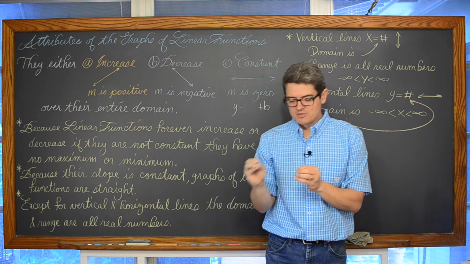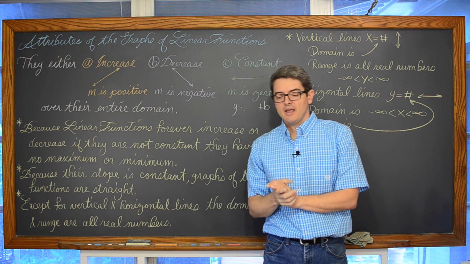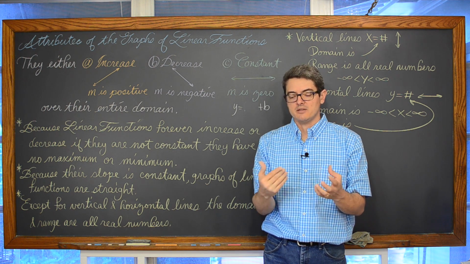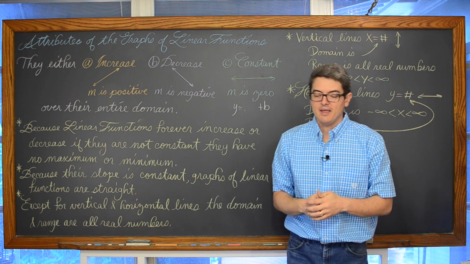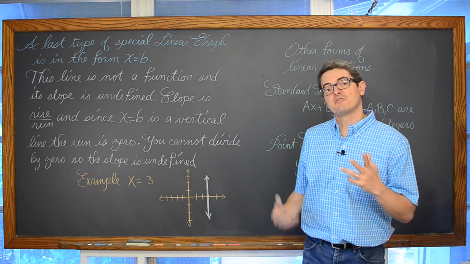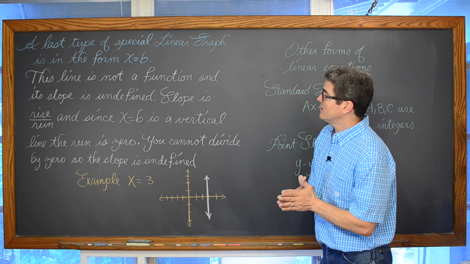So let's get a little separate page about vertical lines, and then I'm just going to highlight a couple different forms of lines, standard form and point slope form, and we'll be done. So I'm just putting into words what I just verbally said already. Make sure you got it and it's all clear.